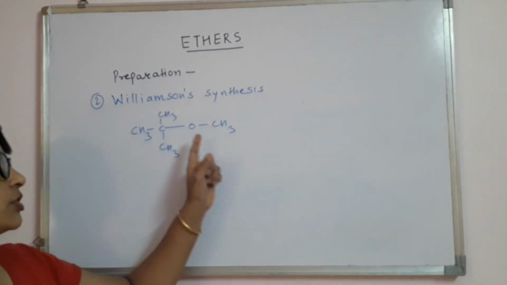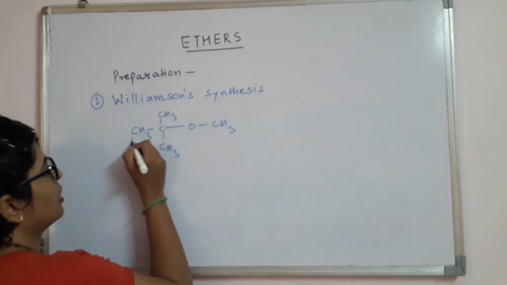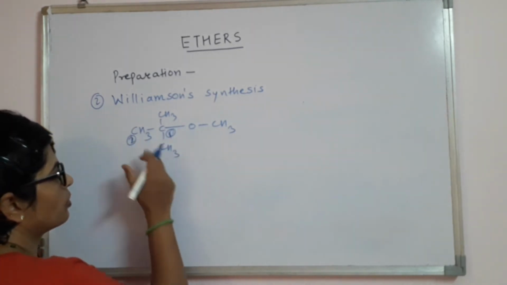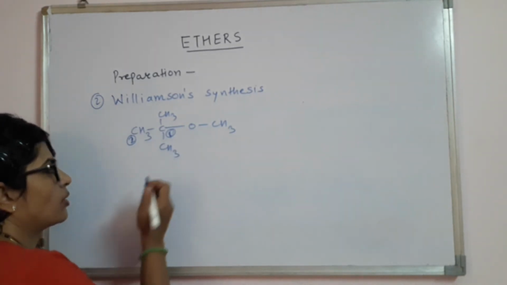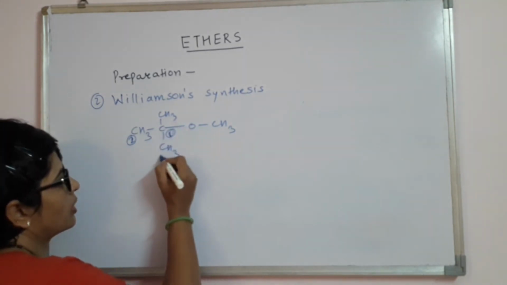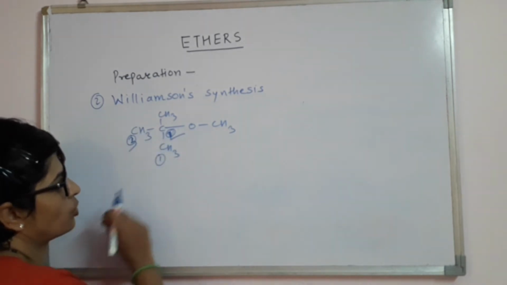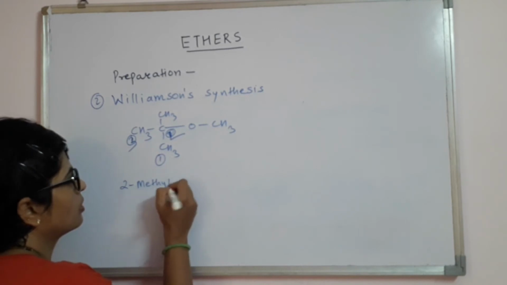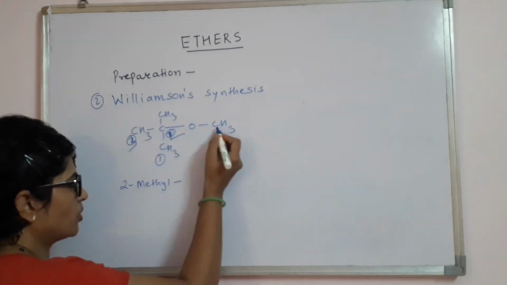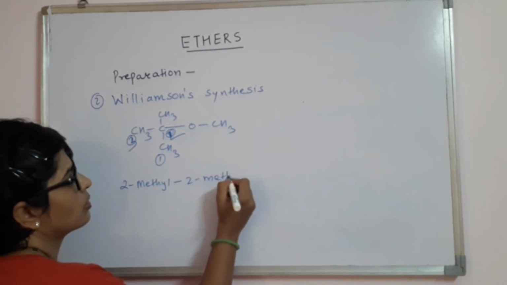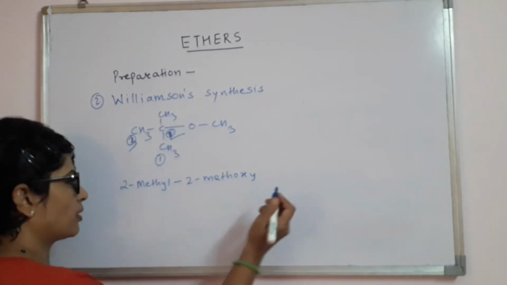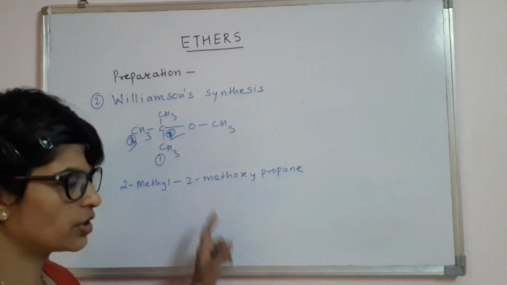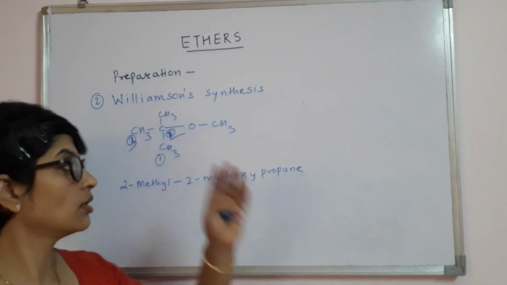Now to prepare this compound, let us start naming it. The better choice will be from here 1 and this is 2. So it will be 1,1 dimethyl, or I can start with 1, 2, 3. I think this is the best choice. So we'll have 2-methoxy, 2-methyl propane, right? Nobody is going to ask you the names right now,